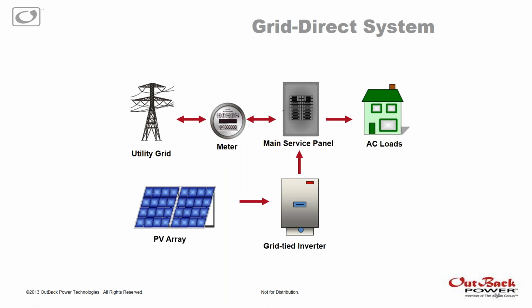These systems are extremely popular, very simple, great for when the grid is up. Unfortunately, the weakness of these systems, and I think unfortunately a lot of people may have found out the hard way, is that these particular systems don't work when the utility grid is out. And that's just the inherent way that the system works. They're actually required to island from the utility grid in the event of a power outage. So even though the system may be intact and the sun may be shining, these systems just unfortunately do not allow for power production when the utility grid is down. So it's not really helping much in the situations that we've seen recently in the southeast US and the Caribbean